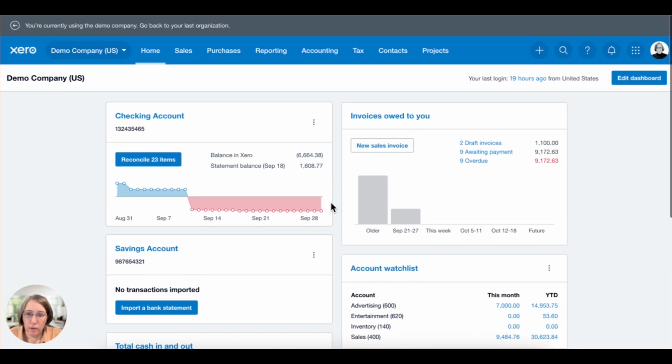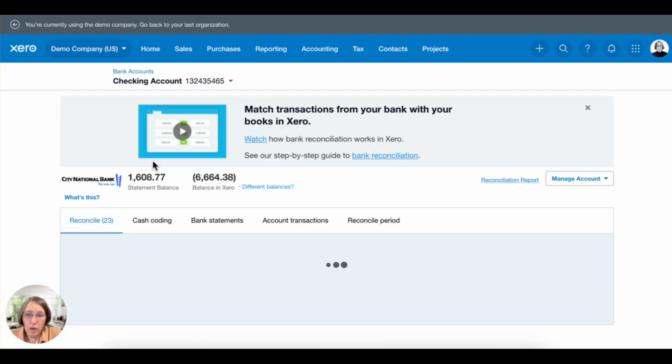So the other part of your screen is your bank feeds. In QuickBooks, you had to navigate to find them. Here, they're right on your dashboard. So you can instantly see, oh, you have 23 items. I call this your homework. You can see the balance in Xero versus your statement balance, and the statement balance is coming from your bank. The difference is going to be these 23 items and or any other transactions lingering out there that haven't been reconciled. So if we come in here to the bank feed,